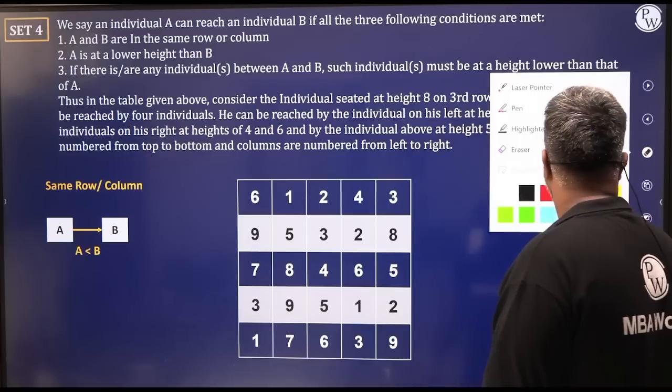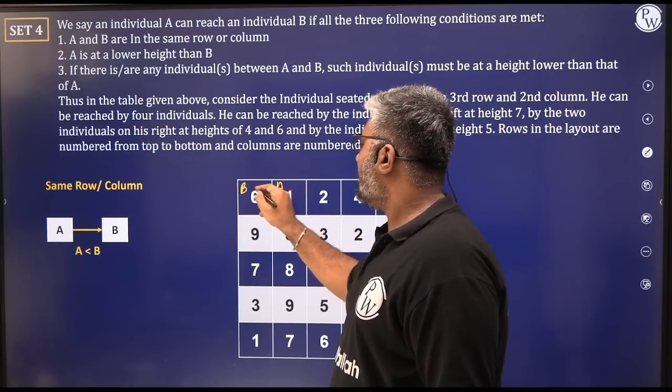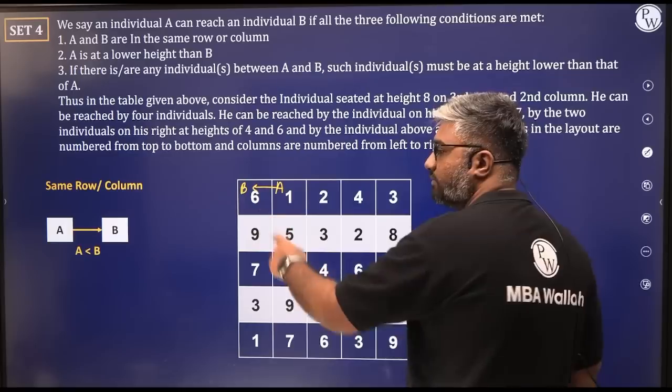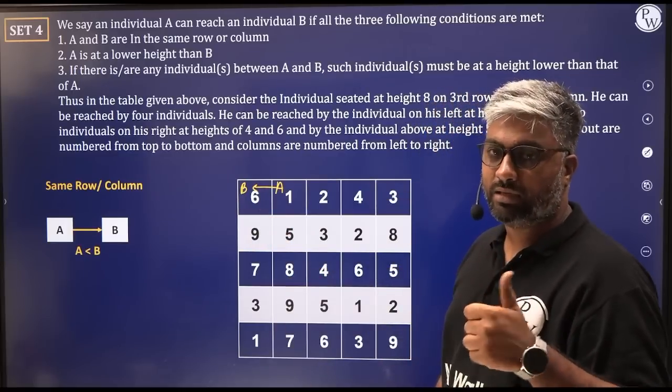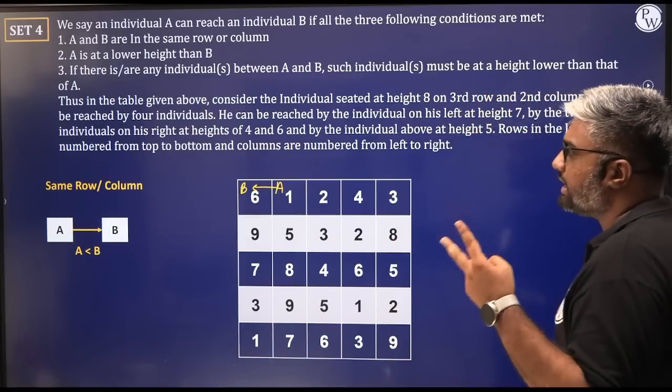उल्टा कर सकते हैं. अगर A यहां पर है, if A is here and B is here, then A can reach to B क्योंकि A is less than B, right? So ऊपर क्लाइम कर सकते हैं. To reach the final destination ऊपर क्लाइम कर सकते हैं. ठीक है, so second condition is also met.